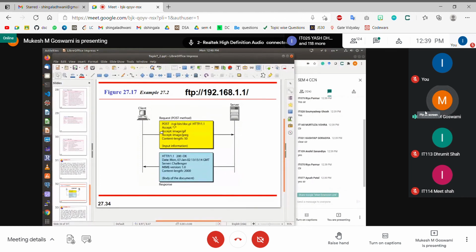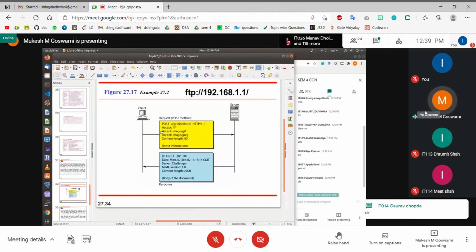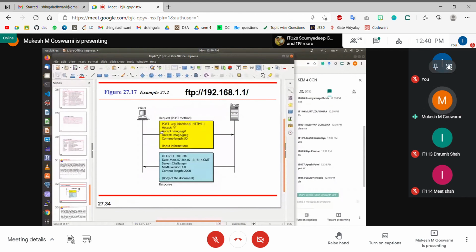Okay, so with this, we'll wrap up our discussion on HTTP. Now there are two more application layer protocols called FTP and Telnet, probably, or SMTP. So probably Deepak sir will talk about those protocols in the sessions that he's going to take maybe today or tomorrow. What I will do rather is